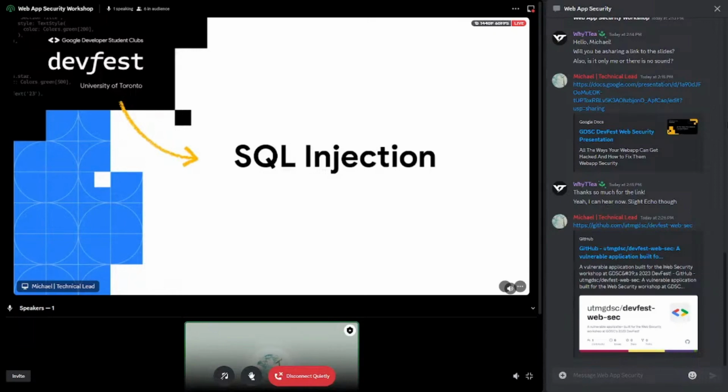So SQL injection works in the same way as cross-site scripting. You have a form on a web page, and you insert a malicious SQL payload that runs commands on your database that the programmers did not expect. So the ramifications of that are